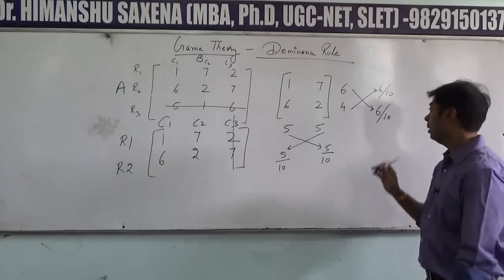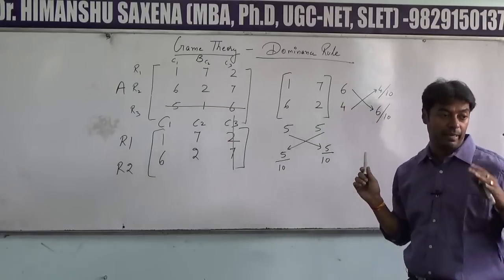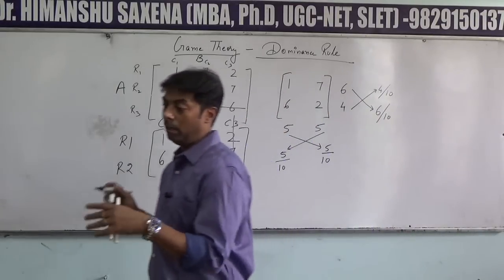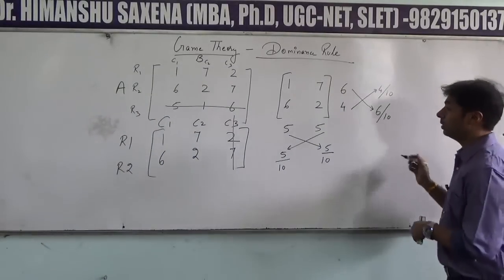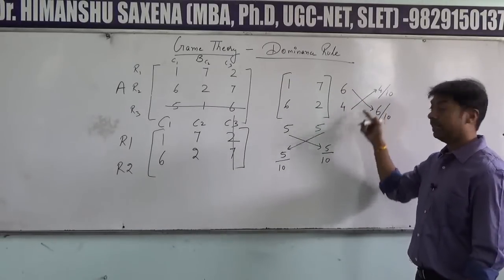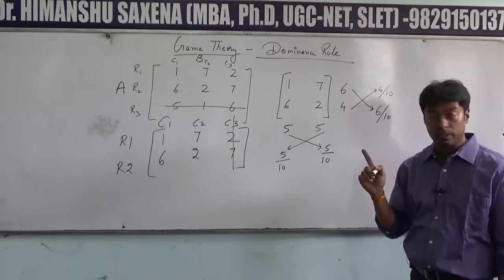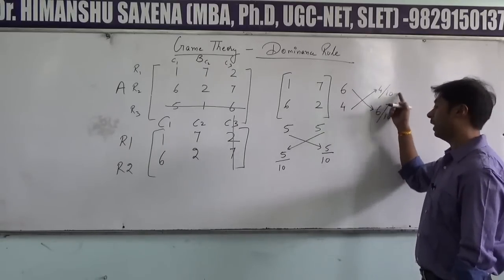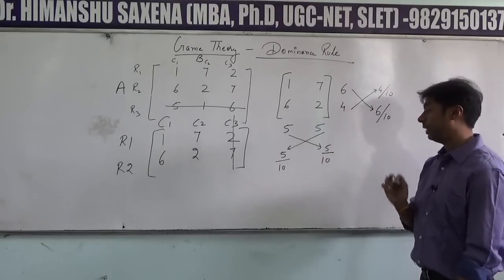And remember, the oddments in both these cases will always be the same. The denominators in both situations will be absolutely the same. So initially we calculated the difference, then we interchanged them and divided by their respective totals. The total of 4 and 6 gave 10. Similarly, the total of 5 and 5 also gave us 10.